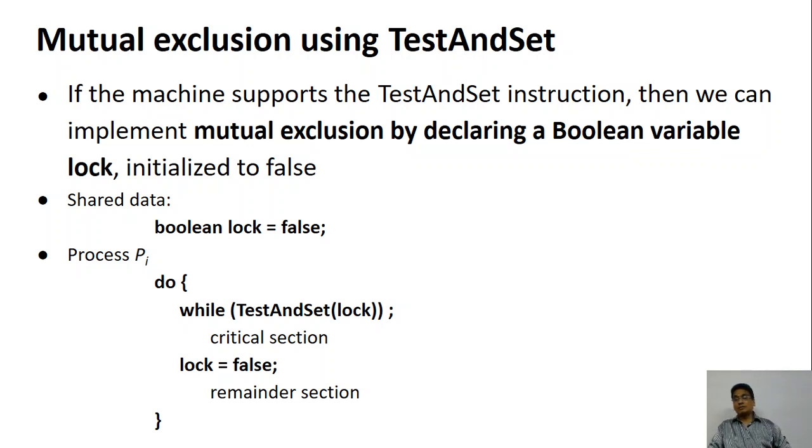So how do I achieve this mutual exclusion? Let's look at this one. Let's assume that we have a lock here. You know very well the key locks are there. So you have a lock here with the key. I am asking you to lock or unlock it. So how do you do it? Assume that it is not locked.